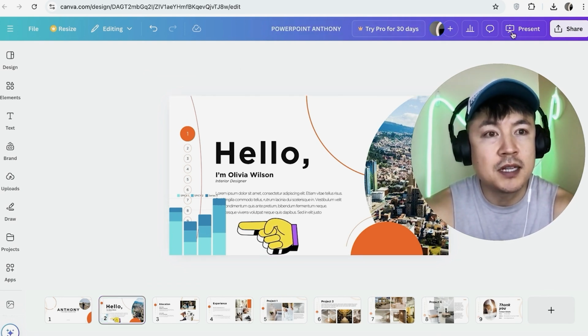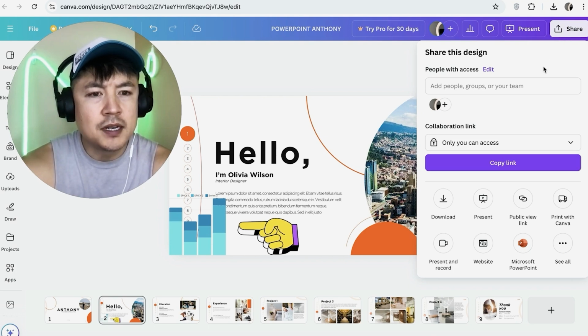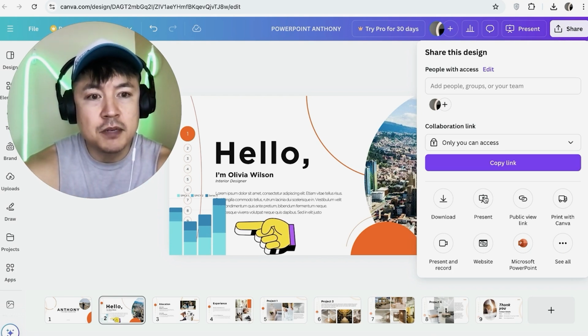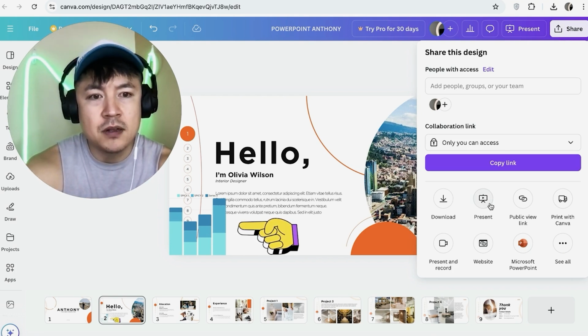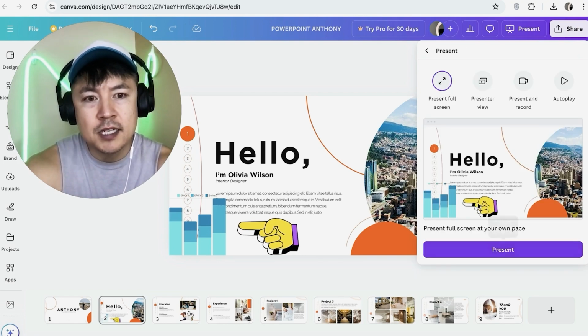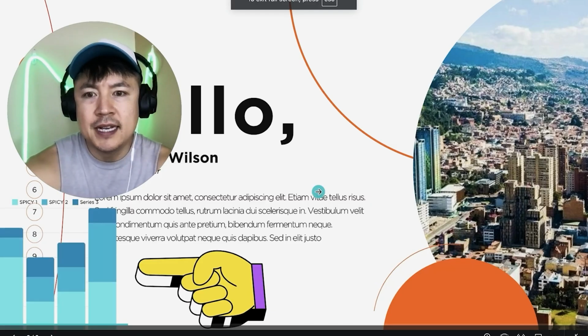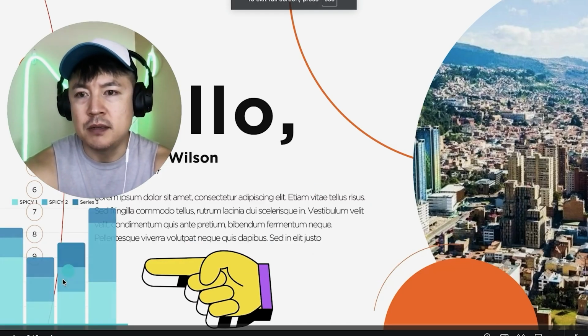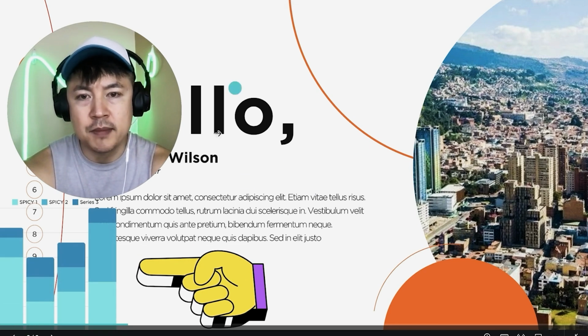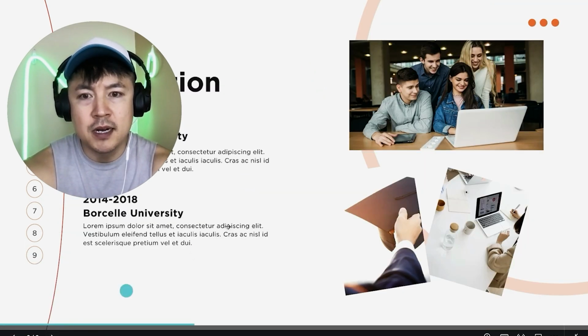And what you want to do is click on share here on the top right. Once you click on share, you have a couple of different options. So you can present right directly from your Canva account. So we can click on present and it's processing, and then we'll click on present here. And as you can see, it just opens up in my computer screen. So we can go ahead and start presenting. So we can talk about our Chinese food here,